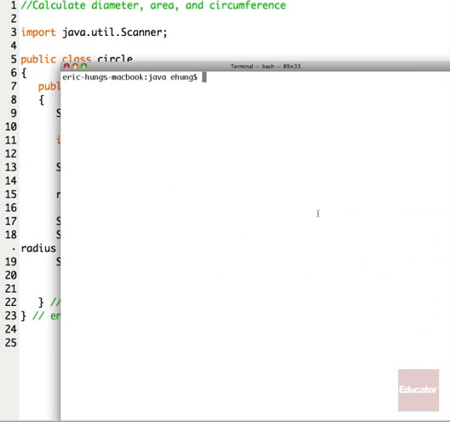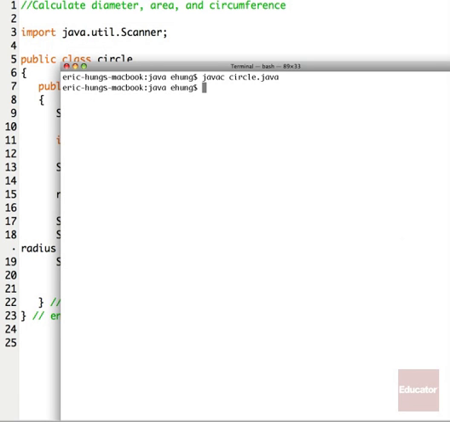When I go to my command prompt, we want to say javac, in other words, Java compile, space, Circle.java. Remember that when you're compiling code, you always have to make sure that the extension is included. Otherwise, it'll give you an error. So we say that we want to compile the Java program, the Java text file, Circle.java. When I hit enter, it compiles the code. It returns me the command prompt indicating that the compile has been completed successfully.